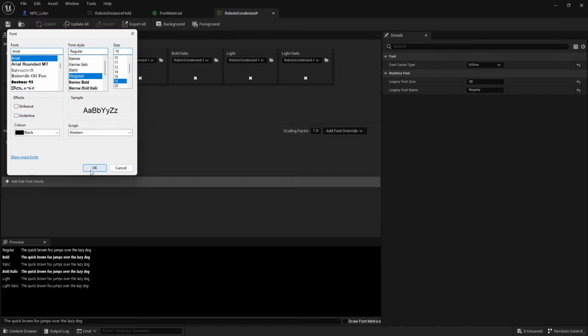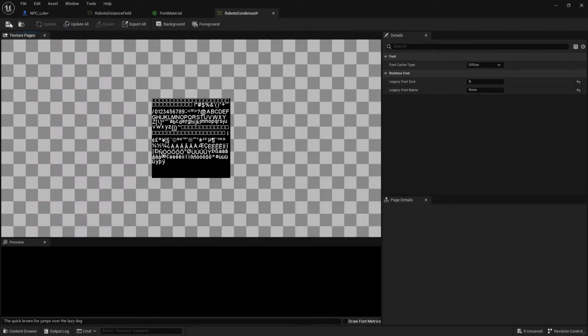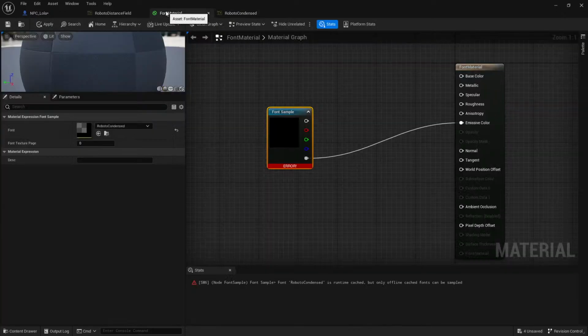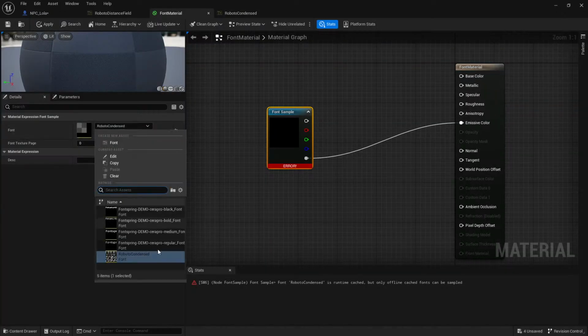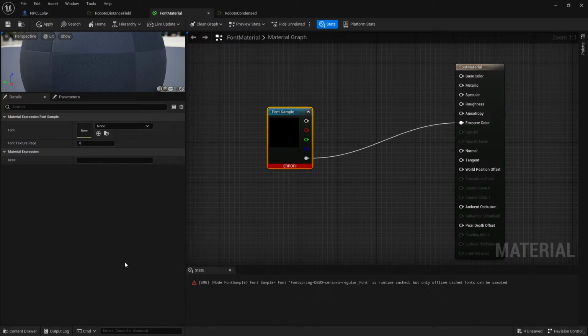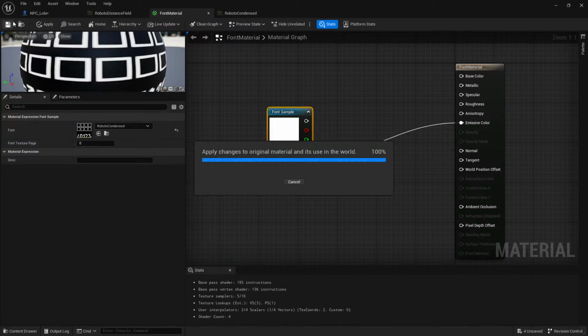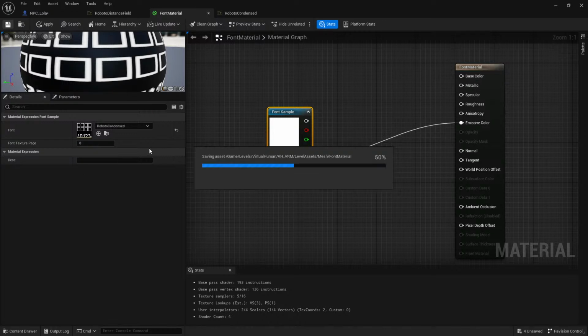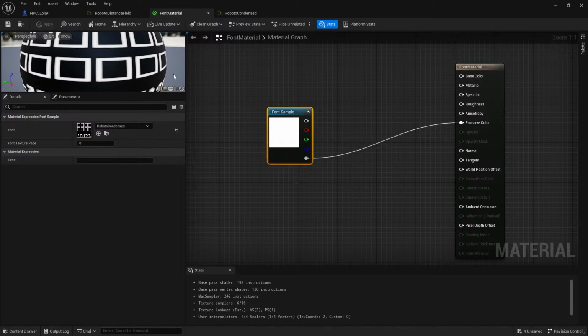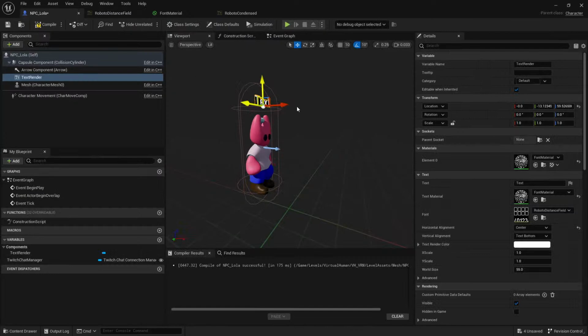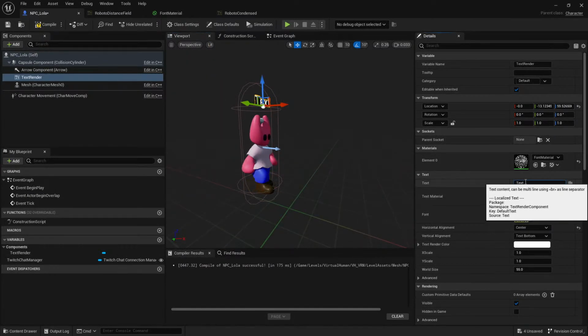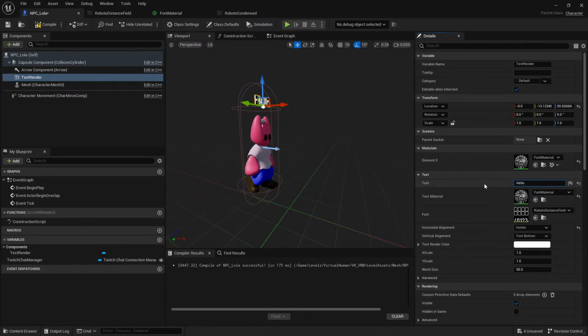It's a super unorganized way for me to do it, but I think this will work this time. And yeah, so now we get a text. Now we get a font texture that we can create a material with. And now Lola is showing text. So super basic material, but today's focus is making sure that the Twitch chat appears on Lola's head and Lola